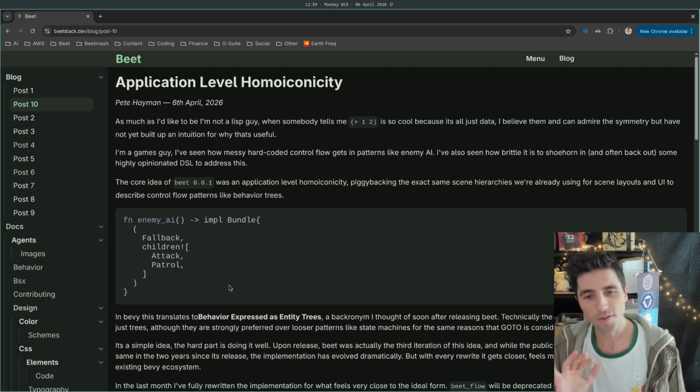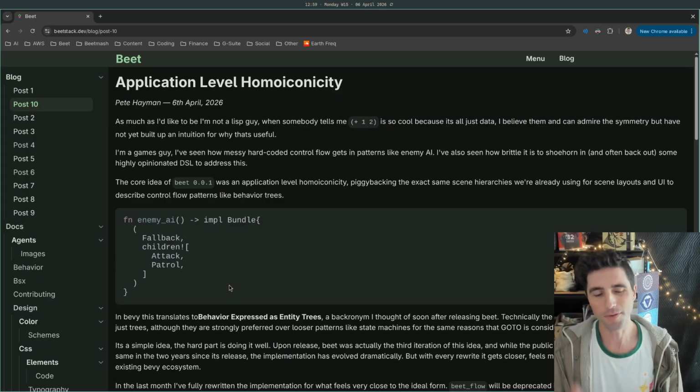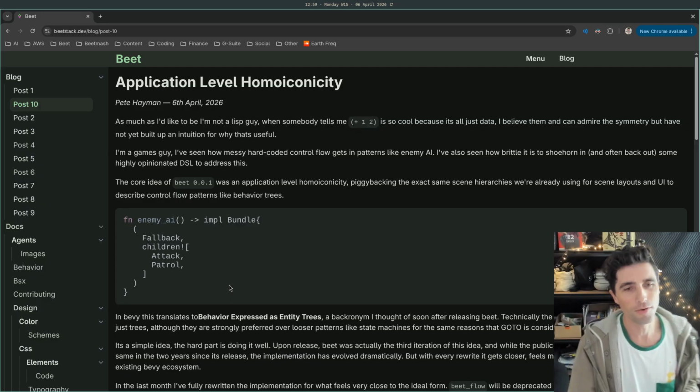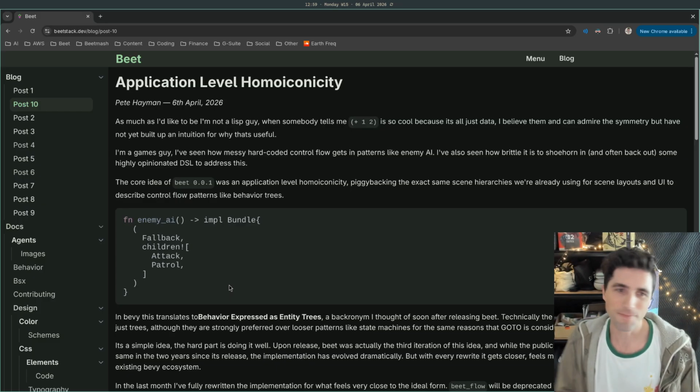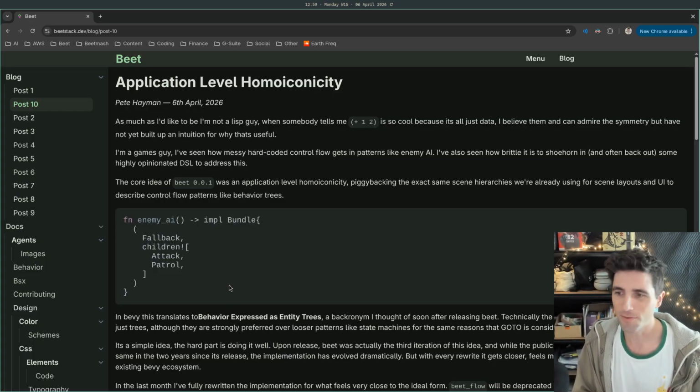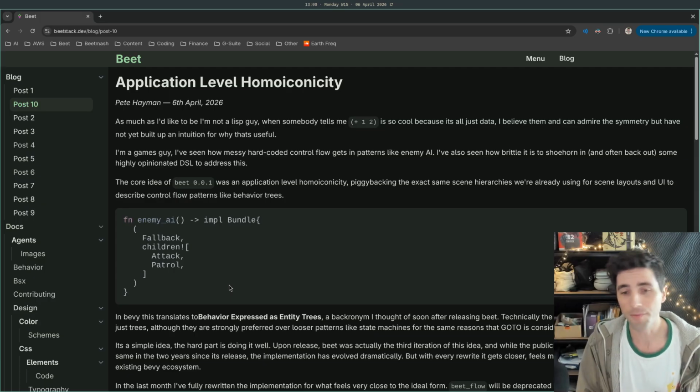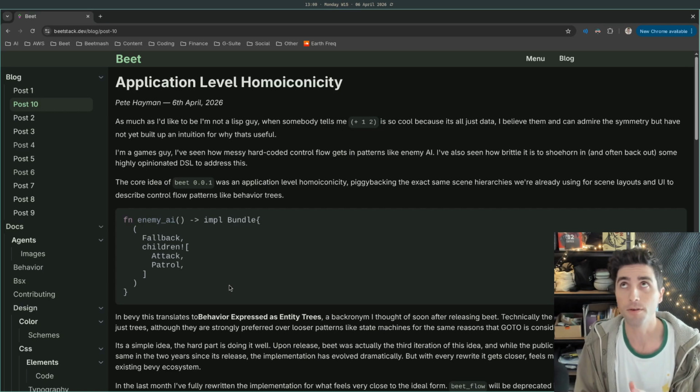Once you start being able to encode that behavior into a scene format, things get really interesting, because serialization is what so many important patterns are built on.